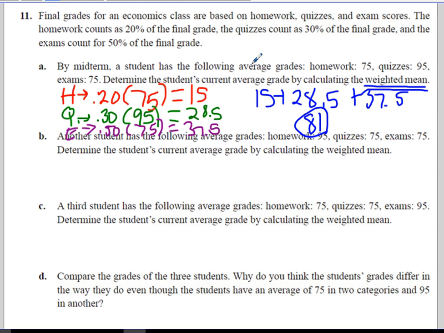But Part B says another student has the following averages. Homework is 95, quizzes are 75, and exams are 75. So the same numbers, but shown in different categories. So let me see if I can type this to make it a little bit neater. And so for the homework,